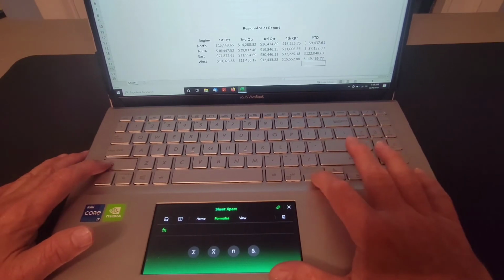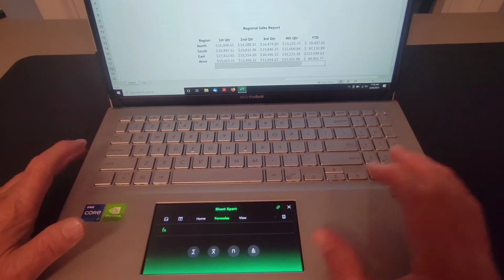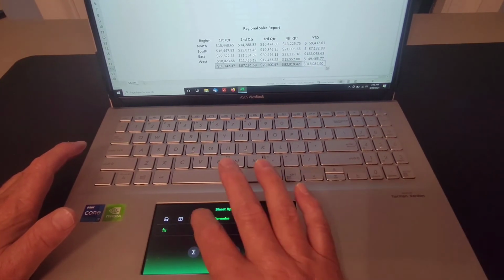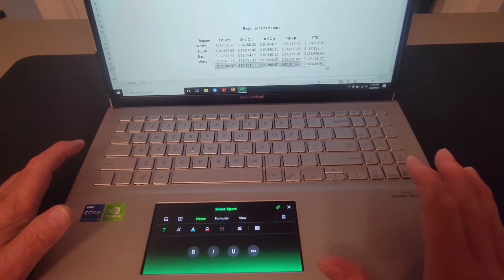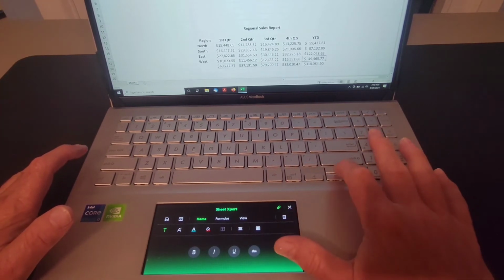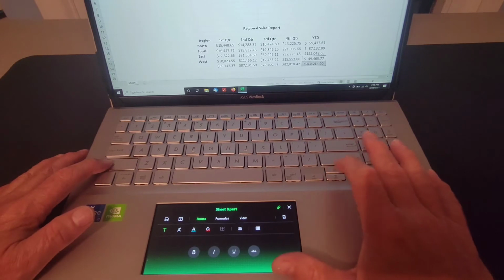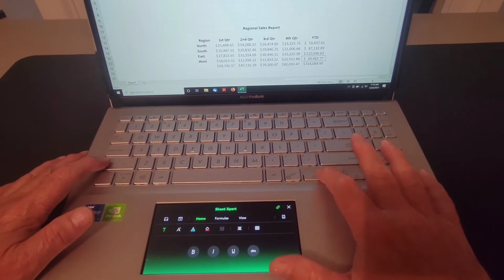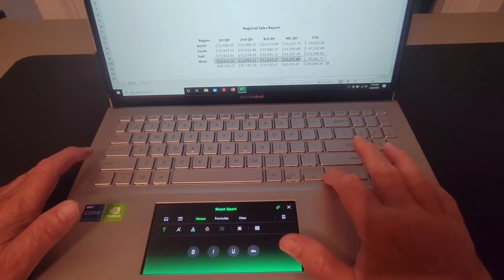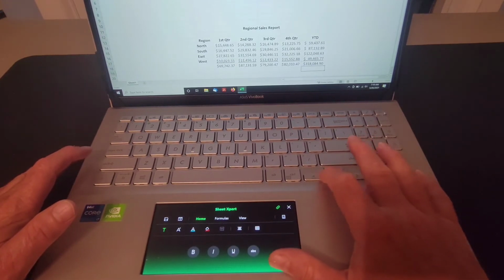and highlight those cells. Hit Sum, go back to Home, and highlight these cells and hit Underline. And now we can go